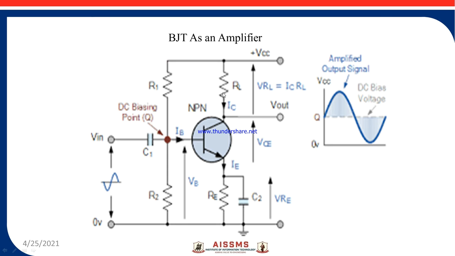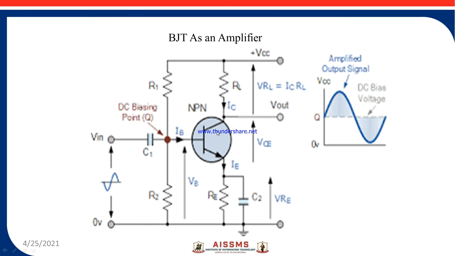So today we are looking into this matter, and I am going to explain in detail each and every function of all the components that are being used for BJT as an amplifier. So let us start. This R1, R2, RC, that is the collector resistance, and RE, which is connected to the emitter, that is the emitter resistance, are selected in such a way that the operating point Q will be set at the center of the load line in the active region.